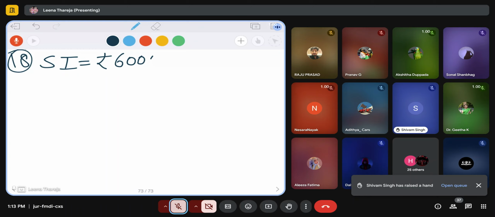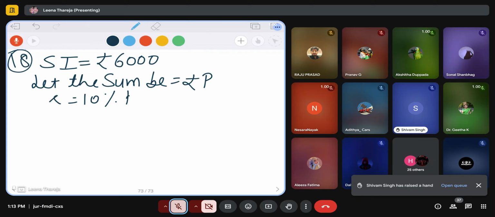It is relating to the simple interest. In English, you do this grammar, no? So there you write the sentence. If you read the sentence properly, then only you will be able to make out what is it, 6,000. On certain sum of money, that sum of money I don't have. That means I have to calculate. Let the sum be, sum is nothing but principal. I am taking it P only. I have rate of interest that is 10% per annum. I have time period which is 2 years.